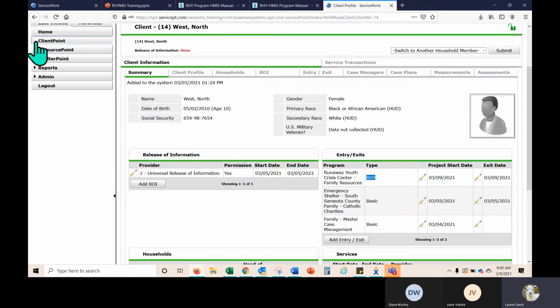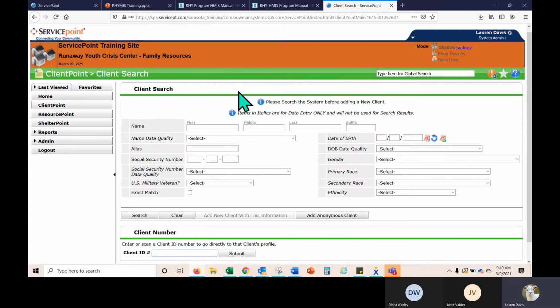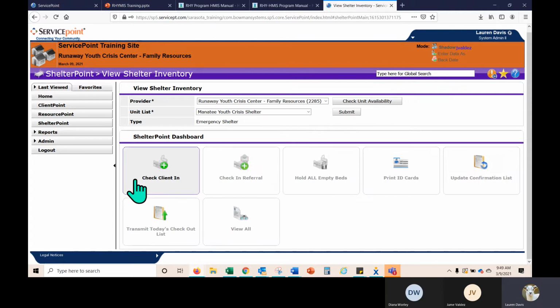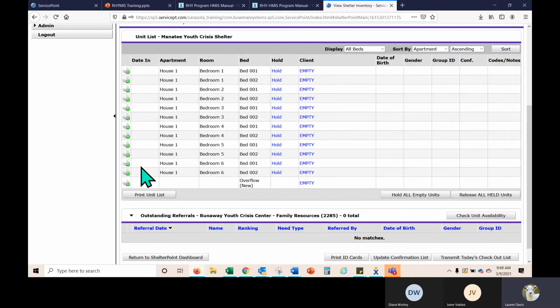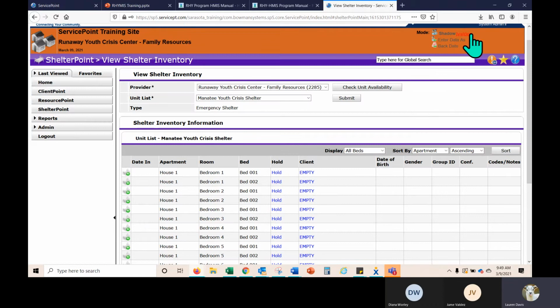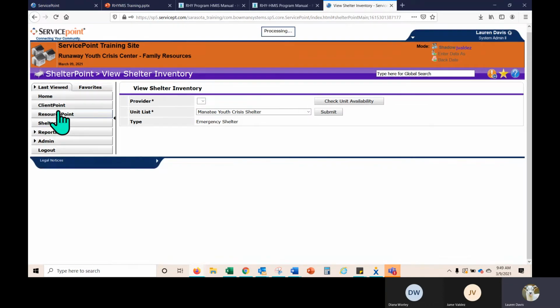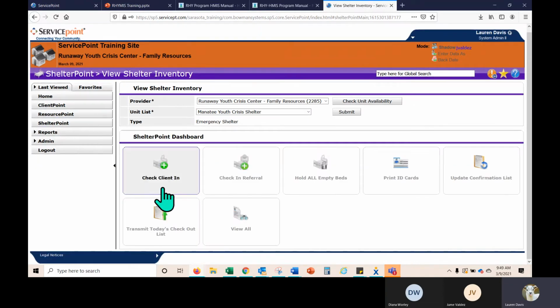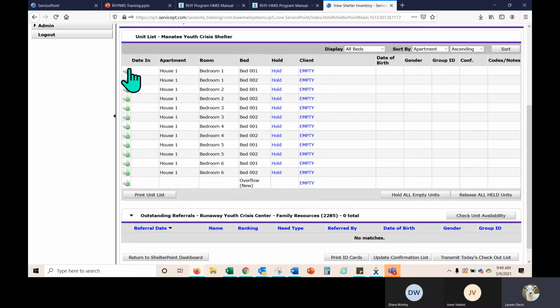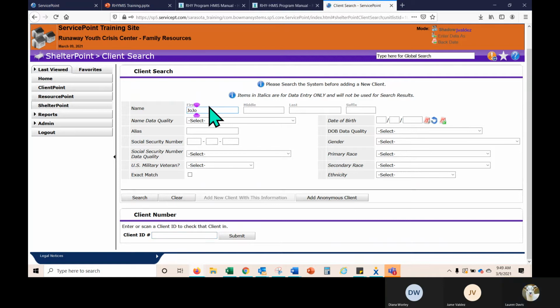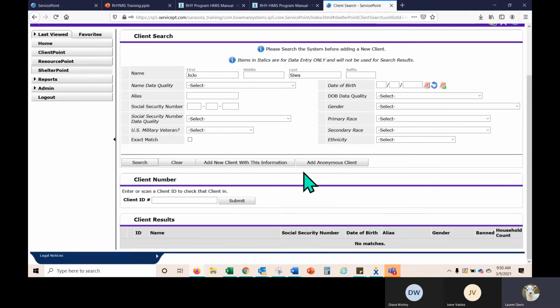We can go through creating a new client if you'd like, but if you do feel comfortable jumping in here and doing it yourself, it's totally up to you. Again, all we would do, we're logged in as ourselves, we're in Shelter Point, we're going to check client in, green plus sign or red or blue empty sign, whichever one. And then we search. JoJo is not listed. We'd fill all of this information out.